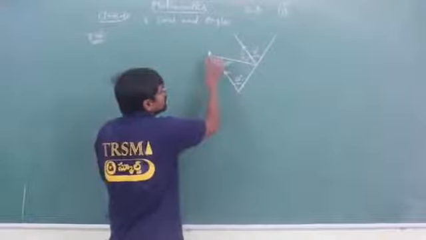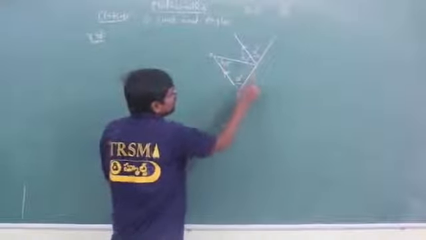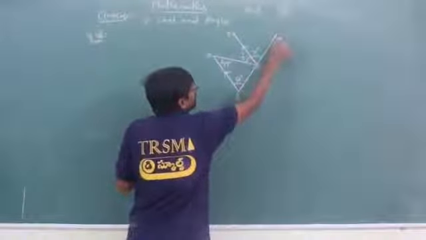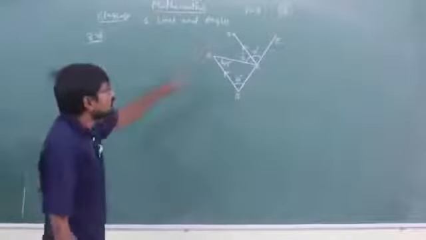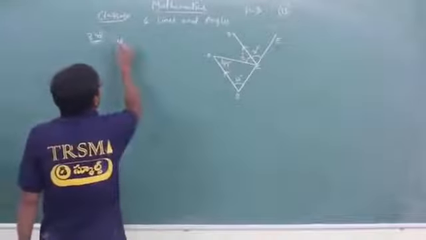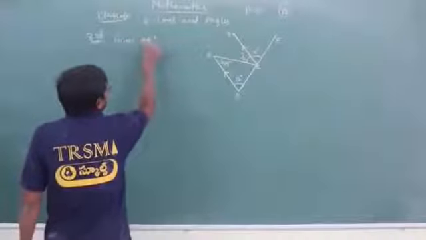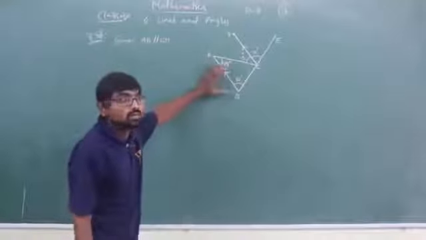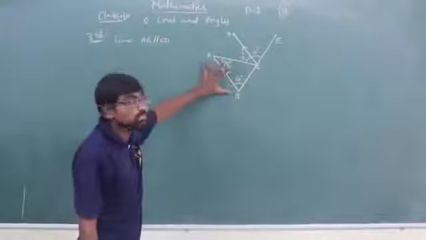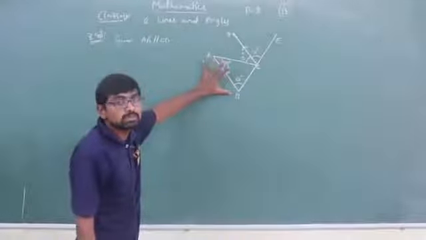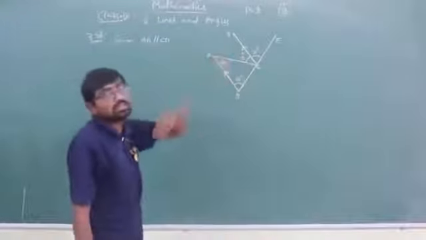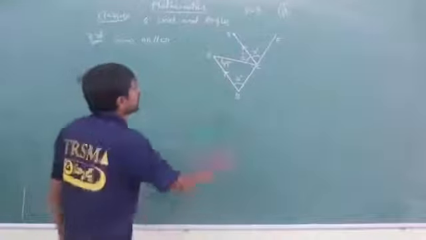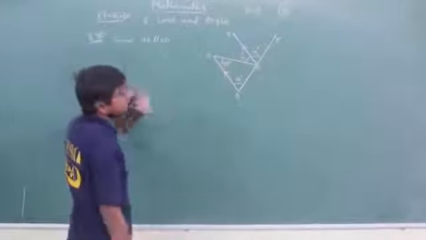Let us represent them as points A, B, C. Here I am taking D, and this continuation I am taking as E. From this diagram you can see, given AB is parallel to CD. He didn't mention the points in the textbook. These points we are assuming, we are assuming ABCD as points. So now you can see AB is parallel to CD.